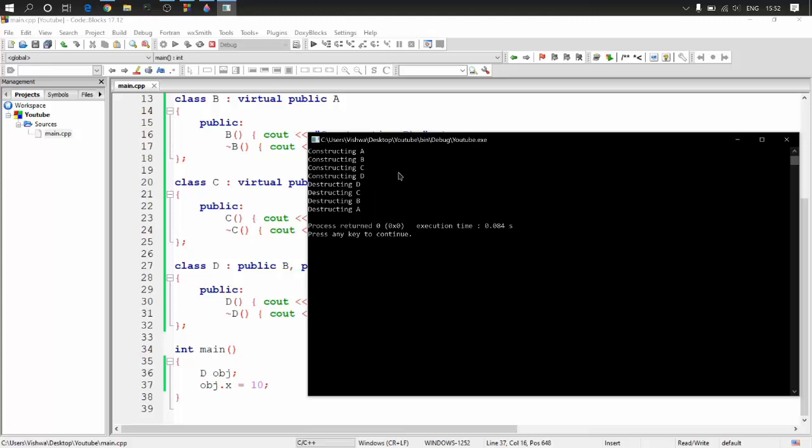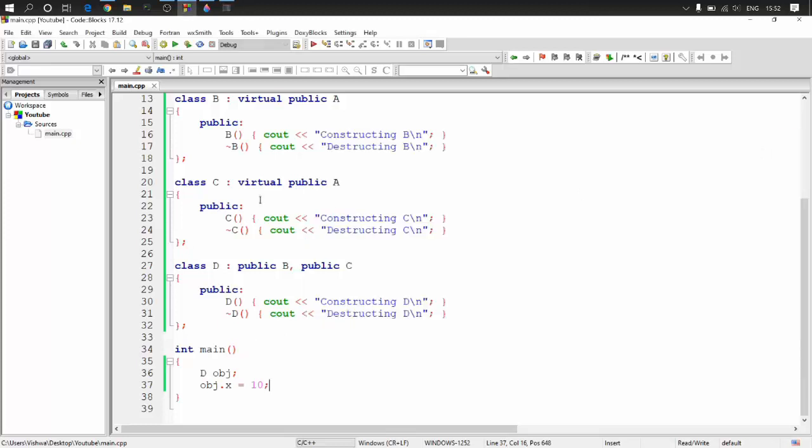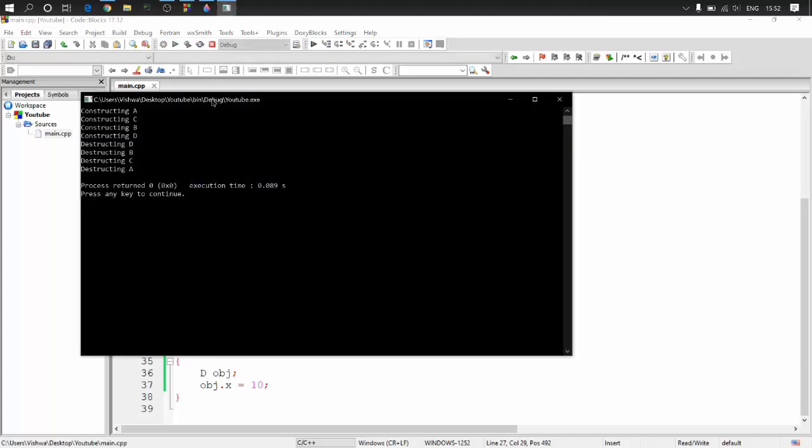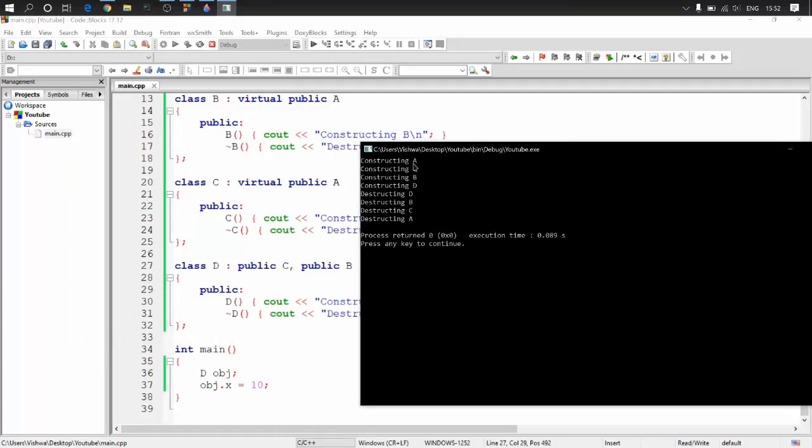created C. Why is that? That's because while creating C it already saw that there exists a copy of A. That is why it is not creating A again. If it changes order, first the A class for C will be created and then B will be created without A. Now if I change this and run this, you can see here AC, and this A is